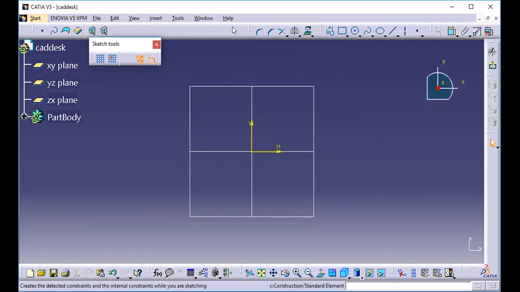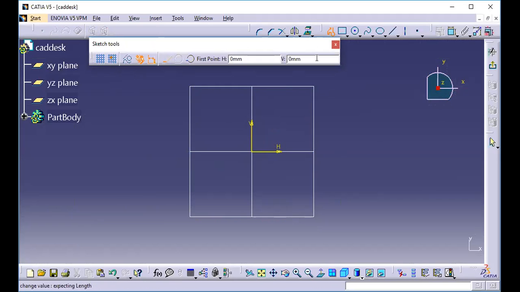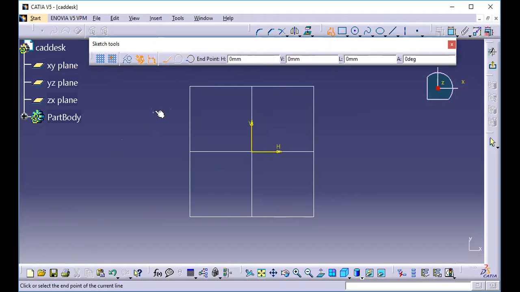Now if I go to the Profile tool, I am able to create lines. See, when it is blue color, it is auto constraints. When it shows you blue color, it means it is a horizontal line. See, a green edge is coming over here, which means horizontal.